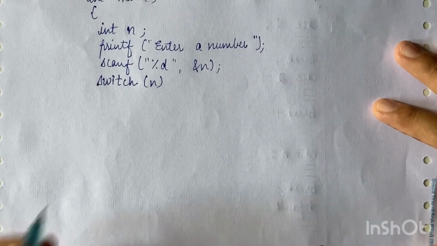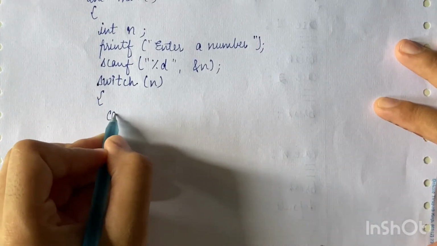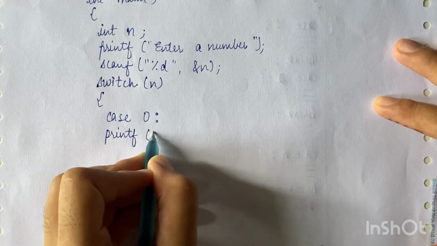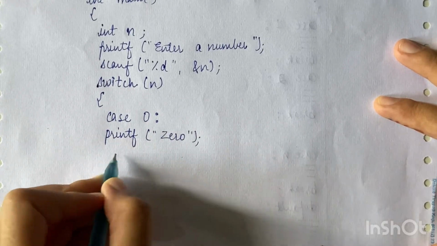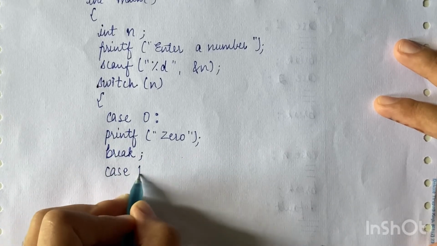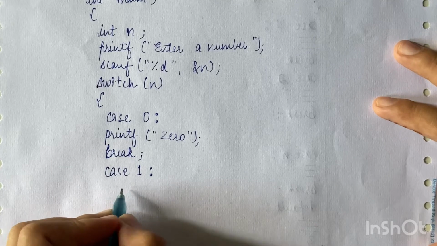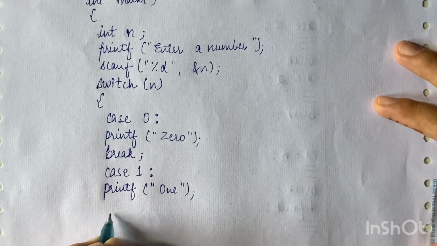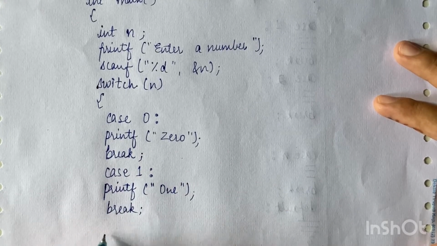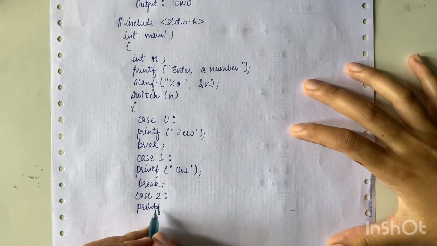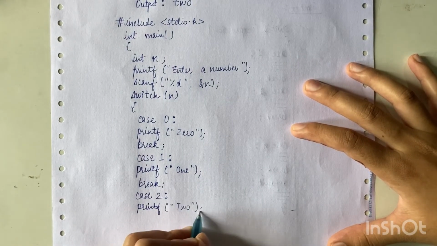Then what we will do in the switch block, if it is case 0, then what we have to print in letters, so we will print ZERO. Then after the case, what we do, we use the break keyword. Then case 1, print ONE, break. Case 2, printf TWO, and then